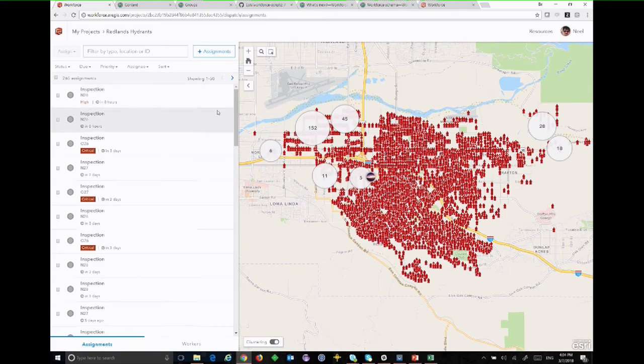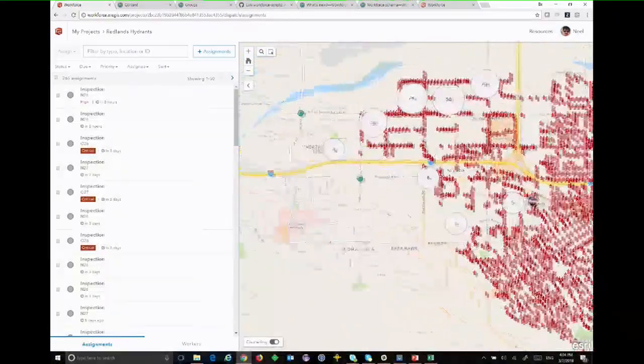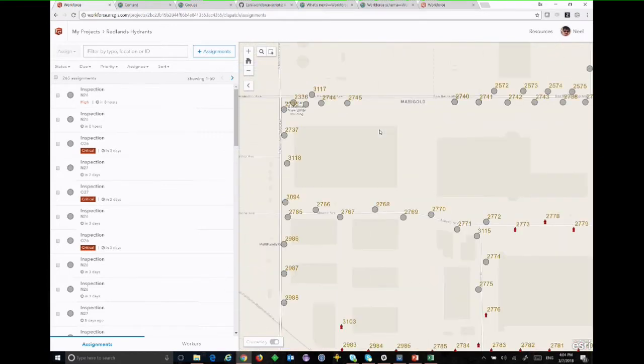On the right-hand side is the map viewer. On this map viewer, you will notice some large circles with a number inside. Those are the clustered assignments. The reason we provided the clustering option is to give me, as a dispatcher, a good idea of the spread of the work. The more I zoom in or zoom out, the cluster value changes and gives me a better understanding. If I click on a cluster, it keeps zooming in and breaks it down to individual